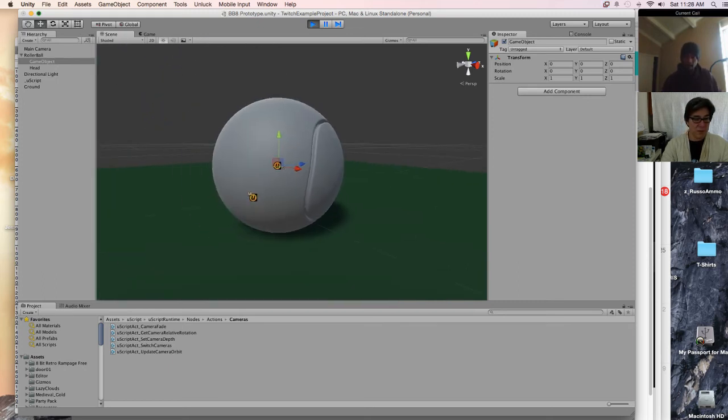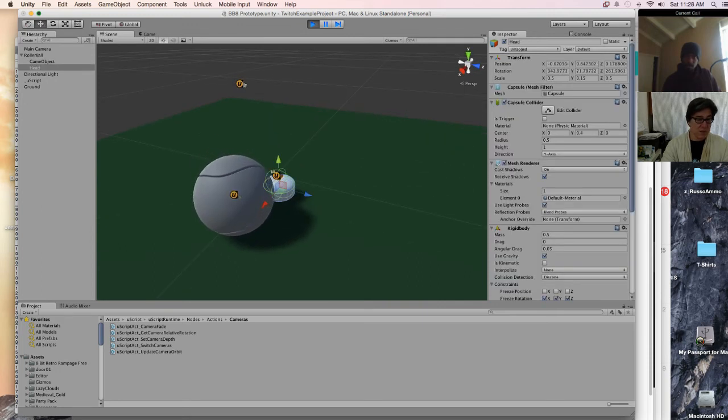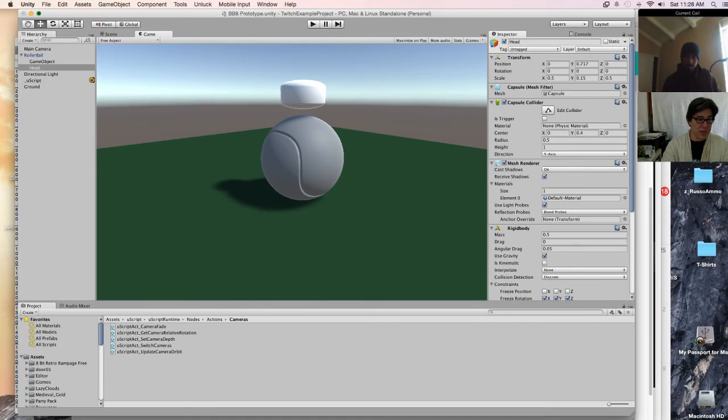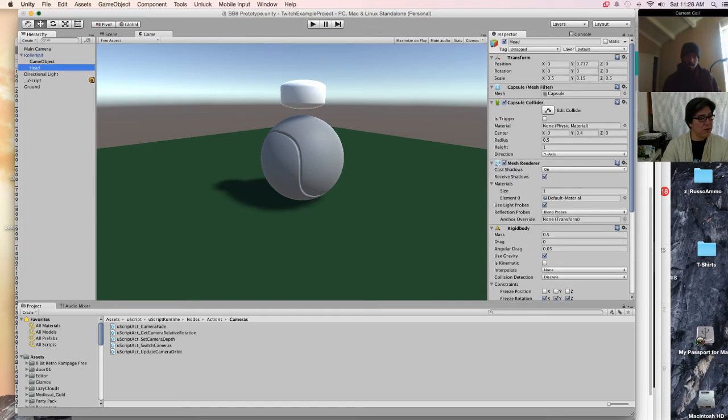But what we can do now is actually attach this head instead of to the... I might have to do something else. Let's see. Yes, we're trying to get the head to stay in the same Y position in world space.